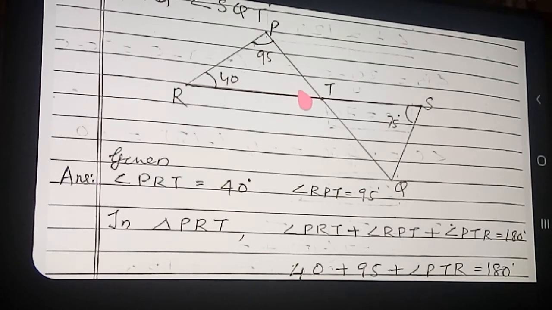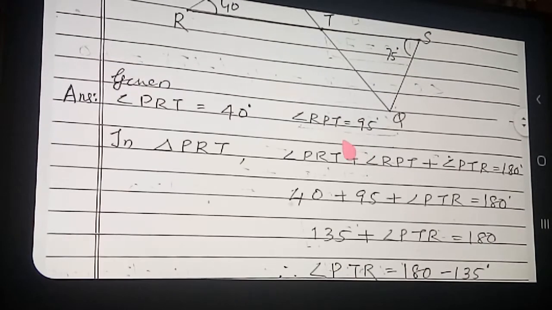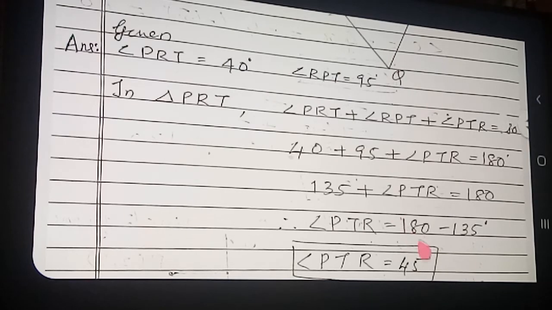Now, I told you, this angle is 45. This angle and this angle, what type of angles are they? They are vertically opposite angles. So if this angle is 45 degrees, this angle will also be 45 degrees. Go through the points properly and make them clear first. What is written here? Sum of all angles is 180 degrees. This angle is already given, and this angle, 95, is also placed there.